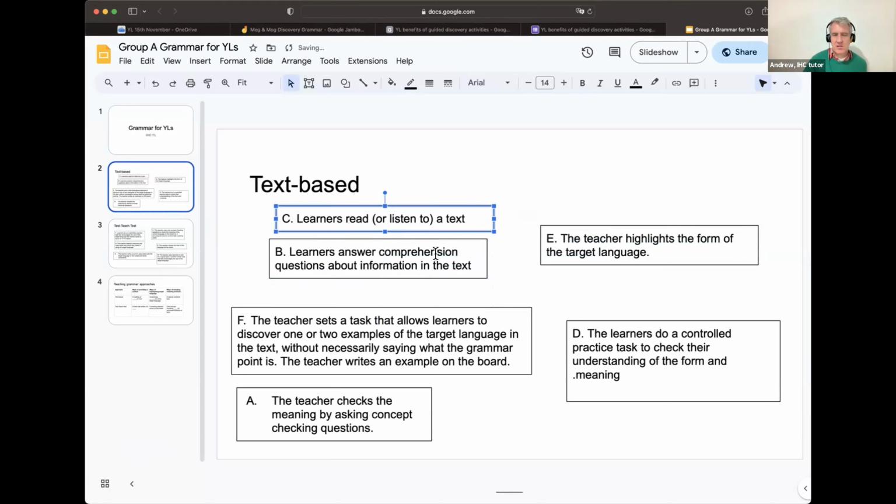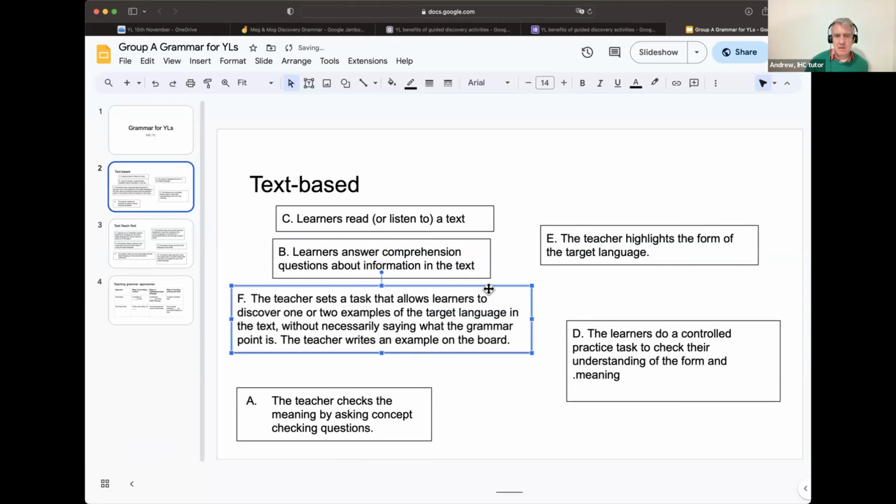So read or listen to a text, then they answer comprehension questions about information in the text. Then the teacher sets a task that allows the learners to discover one or two examples of the target language in the text